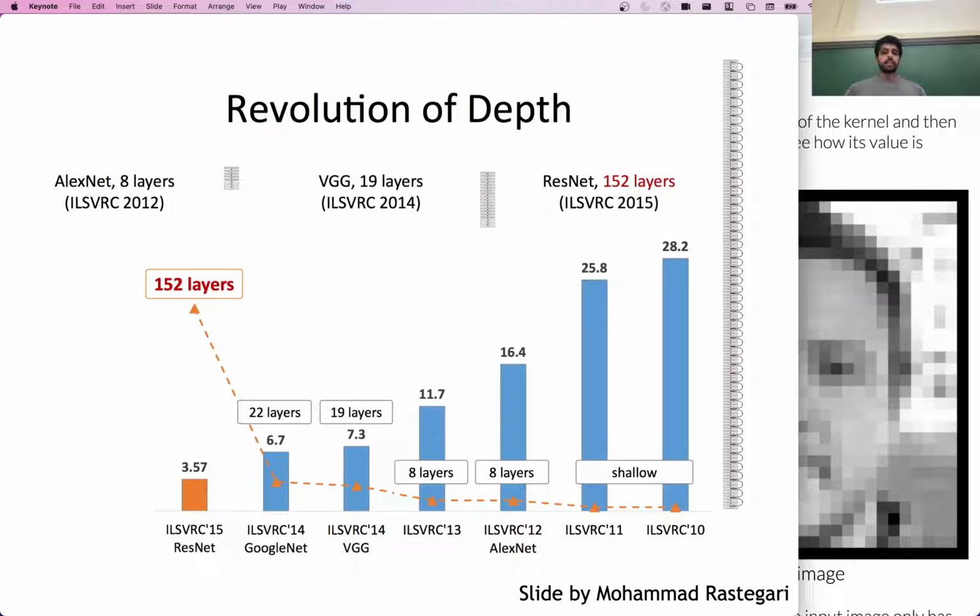Okay, and then we see this plot, which shows you how in computer vision people scaled this simple idea. This AlexNet was a tiny model with 8 layers. And then for a while, people scaled up to 19 layers with this VGG model in 2014.